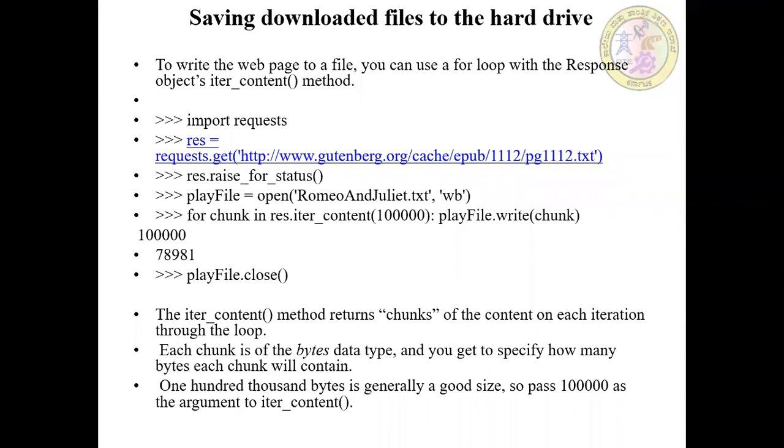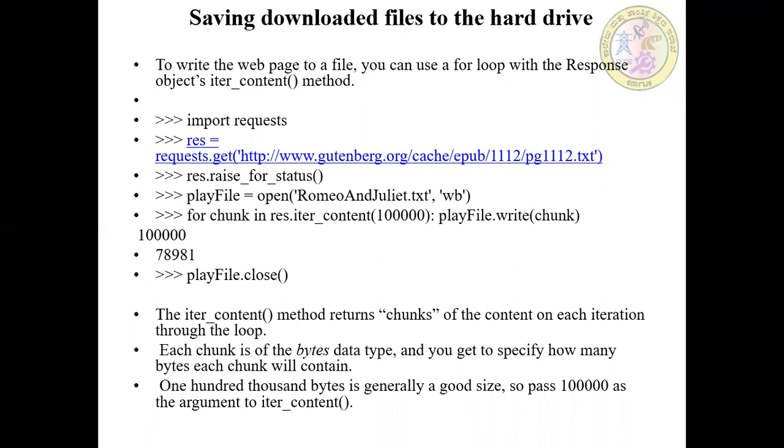Saving downloaded files to the hard drive. To write the web page to a file, you can use a for loop with the Response object's iter_content method. We import requests, call requests.get for the website, and raise for the status to check whether the download is correct, then iterate over each chunk.